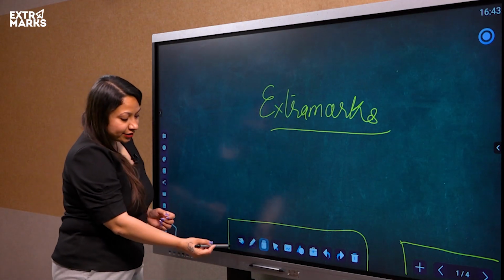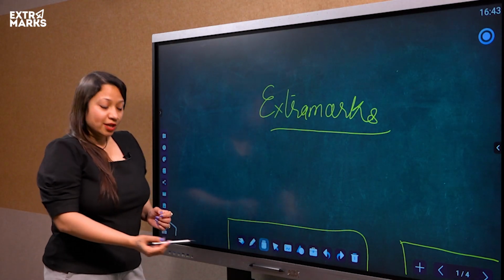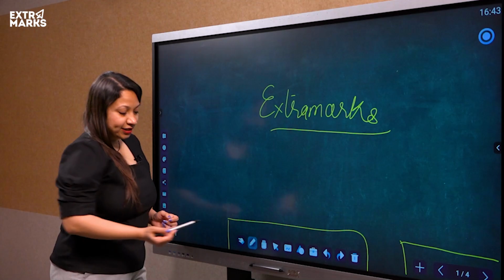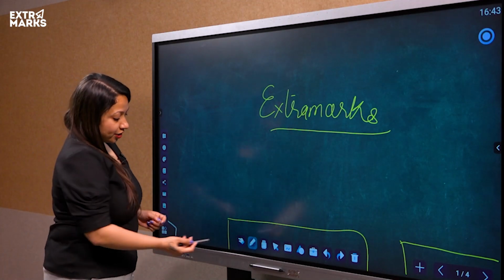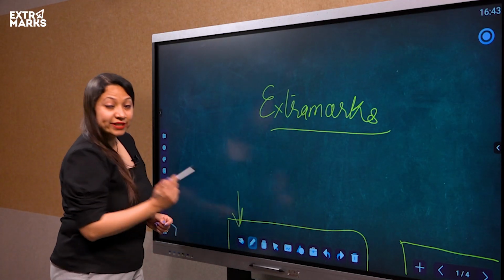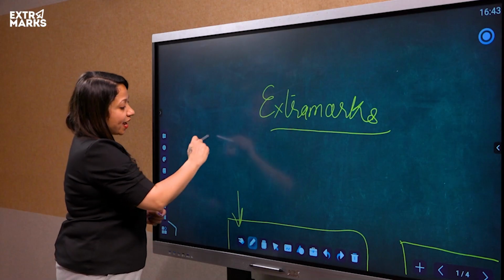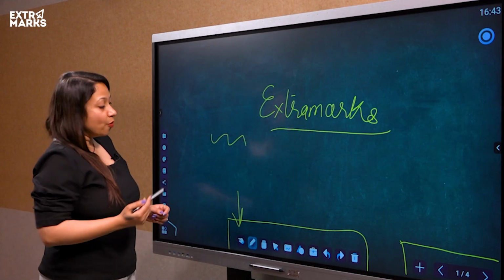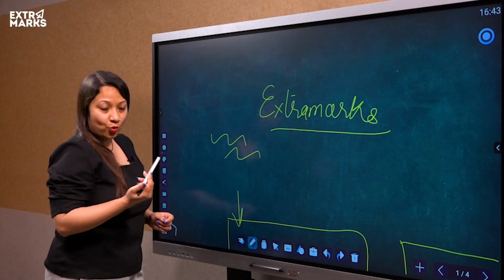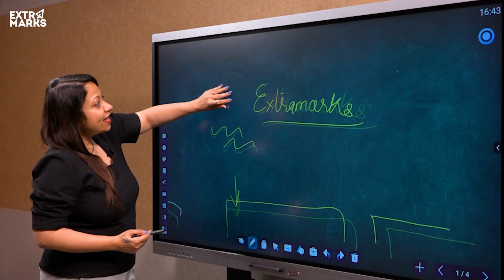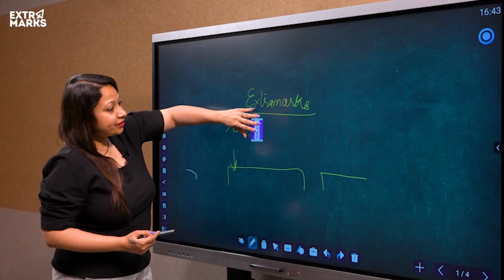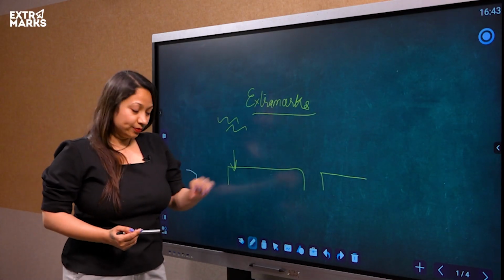The very first feature that you can see is to enable multiple touch or single touch in one go. So currently I am on single touch. Whatever I am writing, I can give input from only one device or touch point right now. So if I try and give inputs from all the fingers, I can zoom in or zoom out.